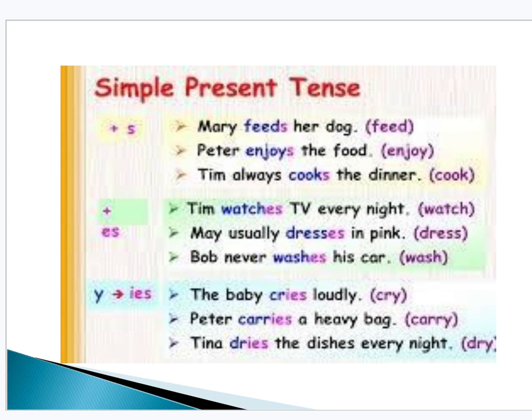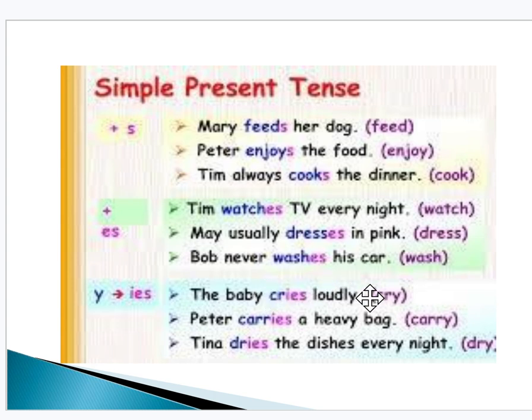Simple present tense: when we should use s. Mary feeds her dog. Here feeds, we should use s after the verb like above. Yes, we should use it. Tim watches TV every night. Mary usually dresses in the park. Bob's neighbor